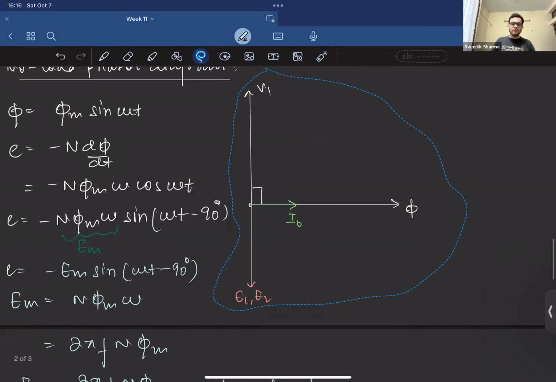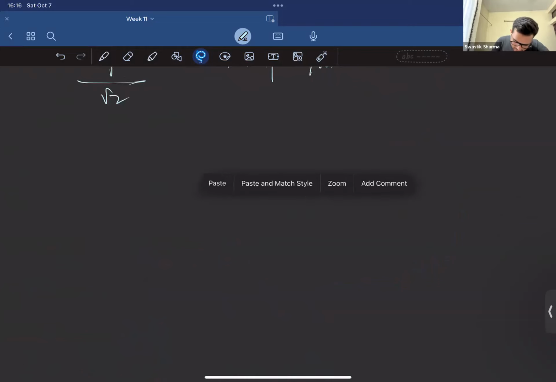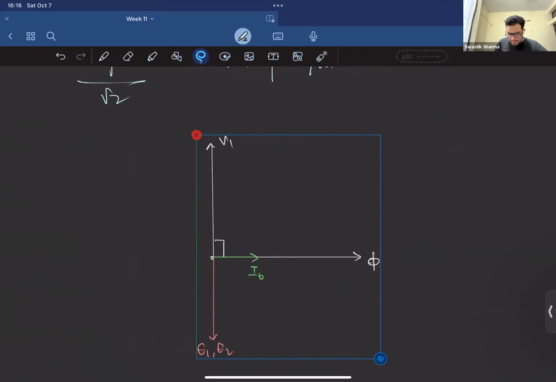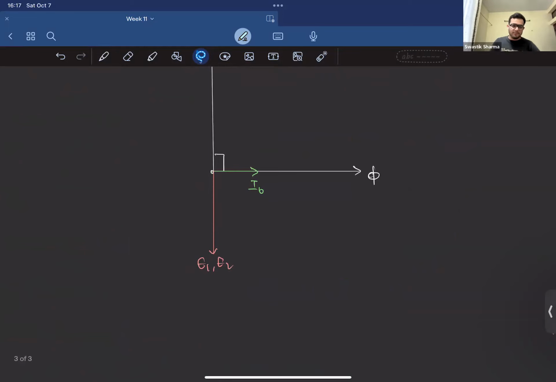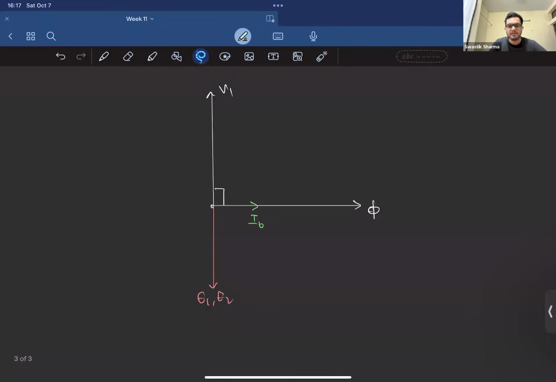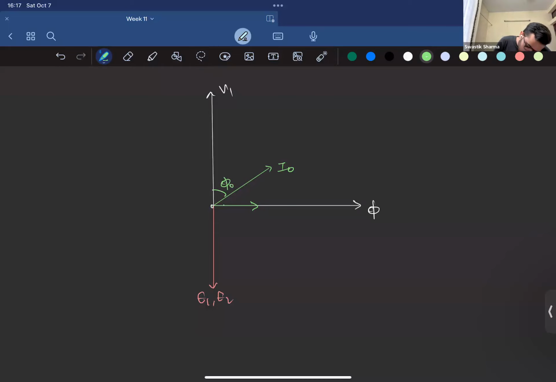It's very important for you to see how the phasor diagrams are being made, because it will help you in producing similar diagrams for similar sets of machines, whenever you do questions. So yeah, this assumption is no more valid, right? So that means, let's say it's some I naught, which lags V1 by some phi naught angle, right? So what happens is